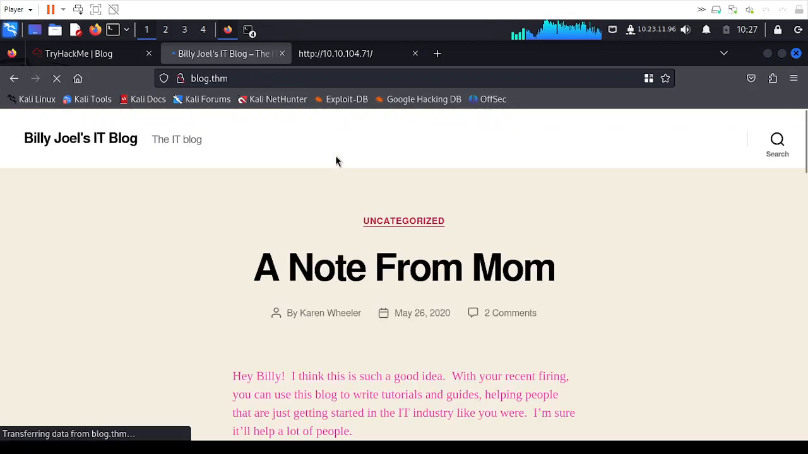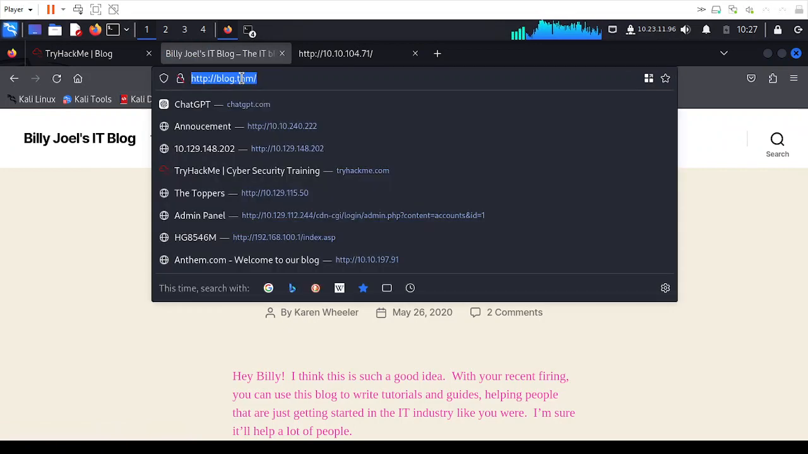Okay, I think it has loaded. So as I was saying, we need to enumerate to see if we can get some usernames, because the payload needs a username. So what I'll try to do, just from my own knowledge,